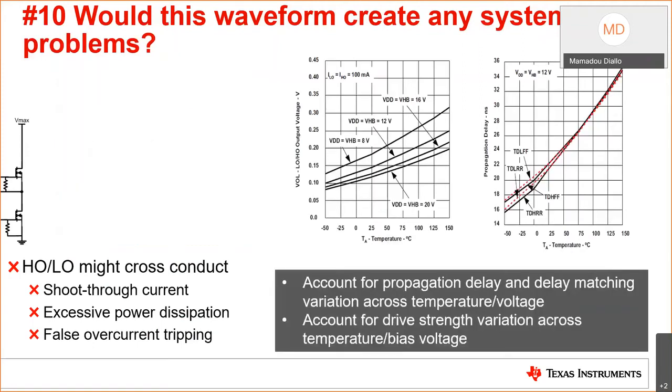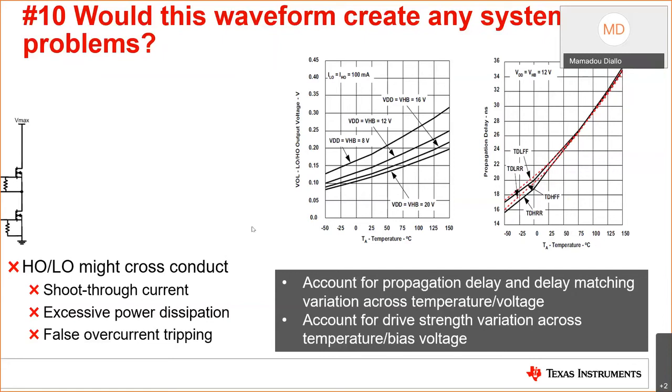That's a common issue. And you also want to make sure that you account for sufficient dead time between the high side and low side output because of variations on prop delays as well as variations on rise and fall times across temperature, across voltage. So all these things could certainly impact your gate drive voltage.